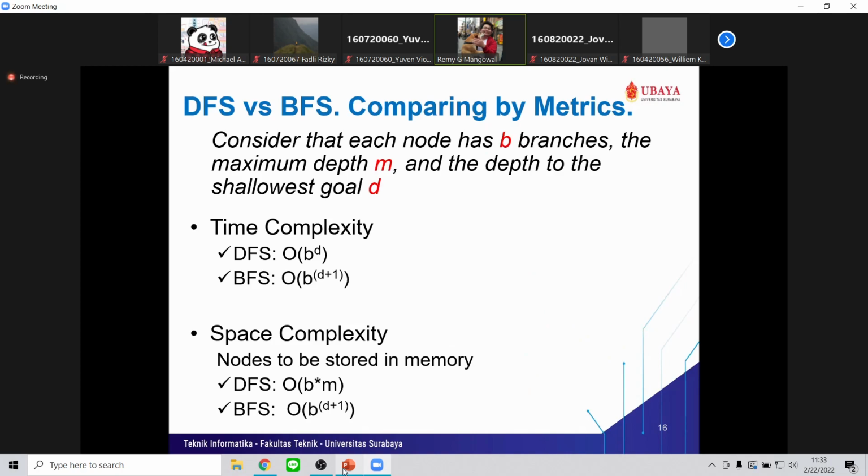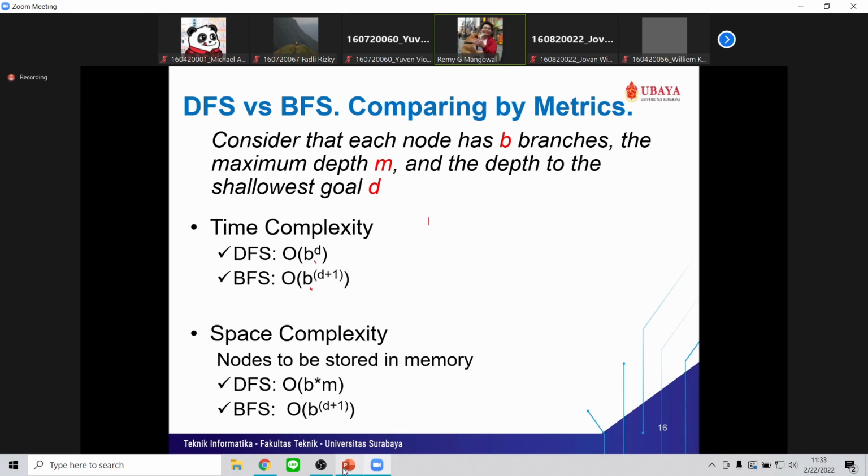Yes, the time complexity for BFS is like that. It's just a bit different. B is the number of branches. D is the depth of the shallowest goal. For BFS, you need +1 on the shallowest goal depth.